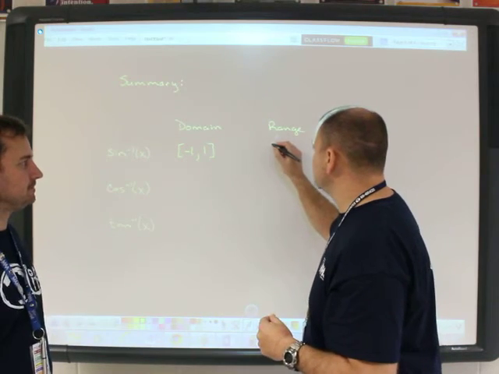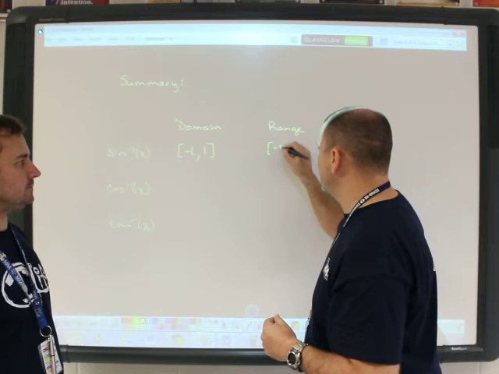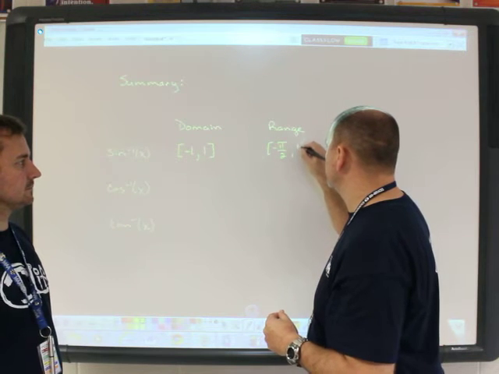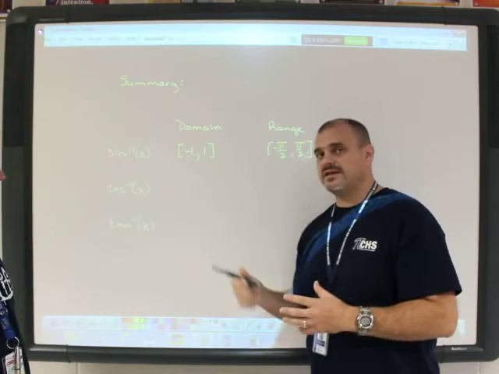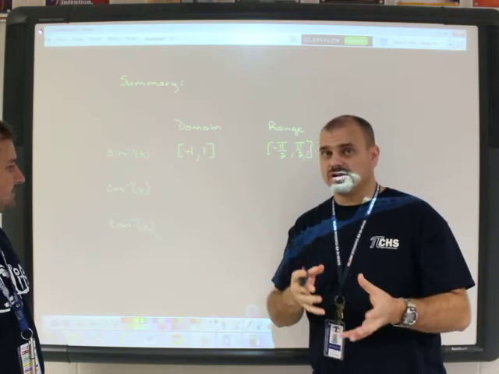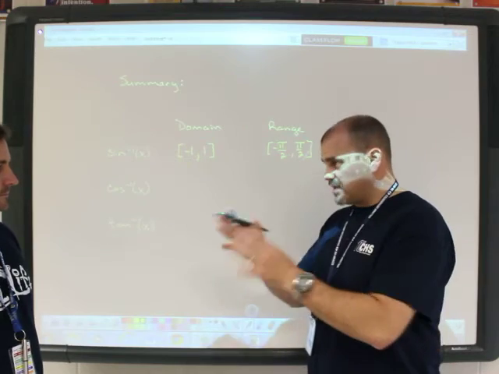Negative pi over 2 to positive pi over 2. And are they inclusive, Mr. Simmons? Yes, they would have to be. There we go. And then for cosine x, if you remember the range originally for sine x was -1 to 1,